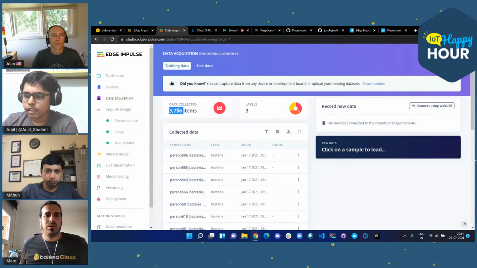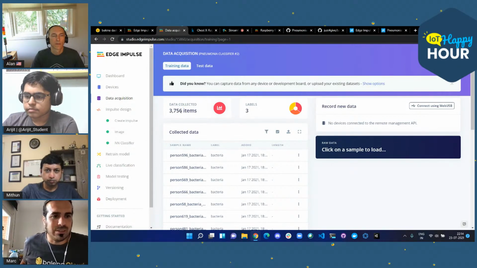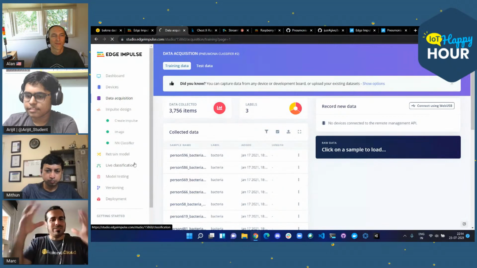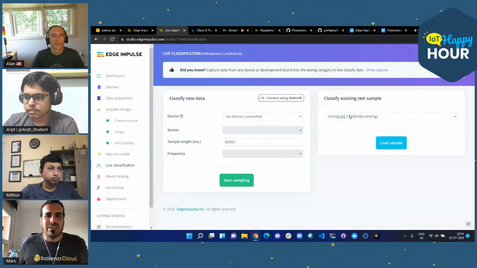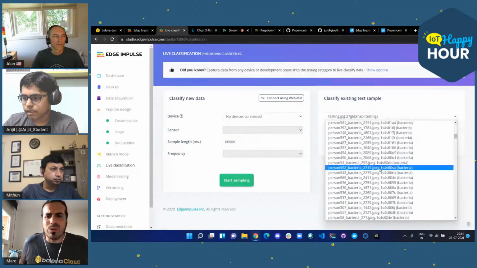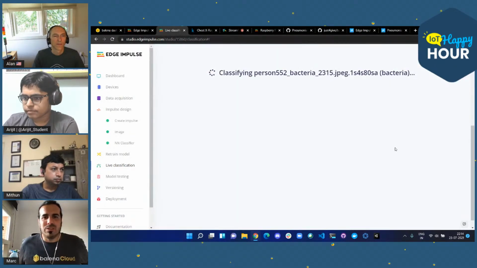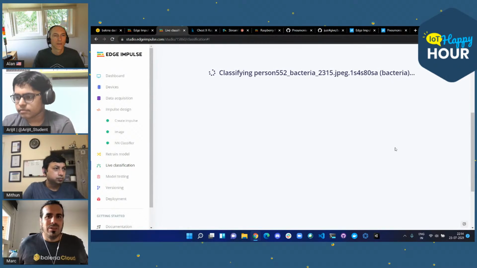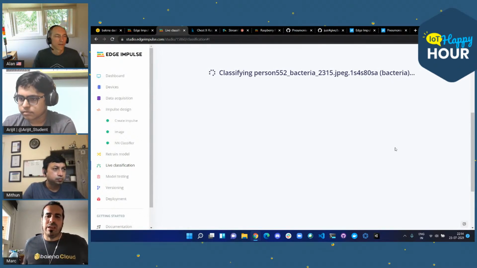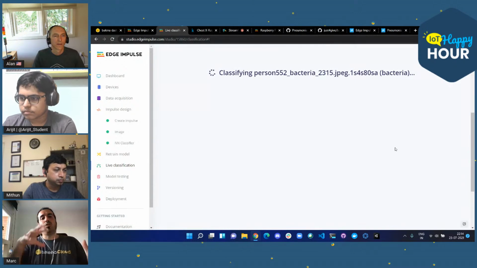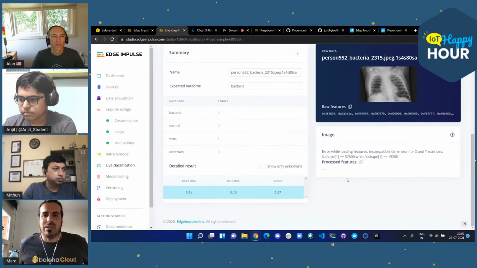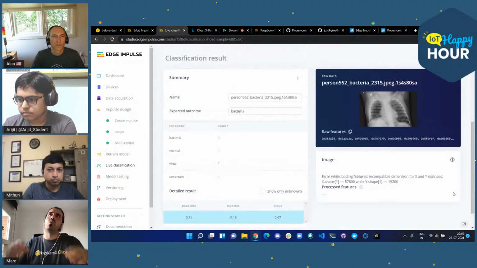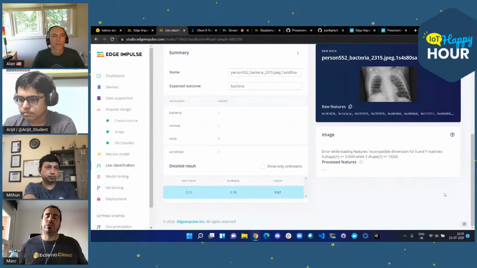Okay. If you go to live classification, this is my favorite part of Edge Impulse. Can you see this 3D model? The clusters are correct, but it's on live classification, or maybe I'm wrong. It's not here. I'm not sure. But if you create a machine learning model on Edge Impulse, it's really cool because they have a visualization and you can see the clusters, and you can see how good your model is, with a really nice visualization.